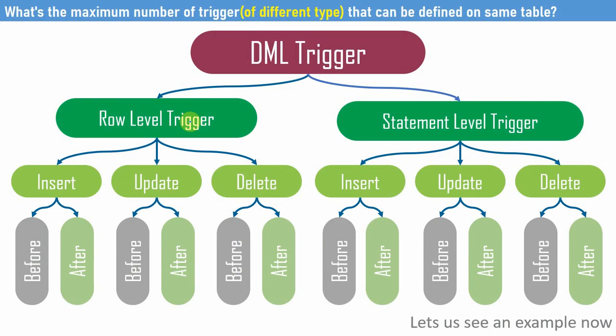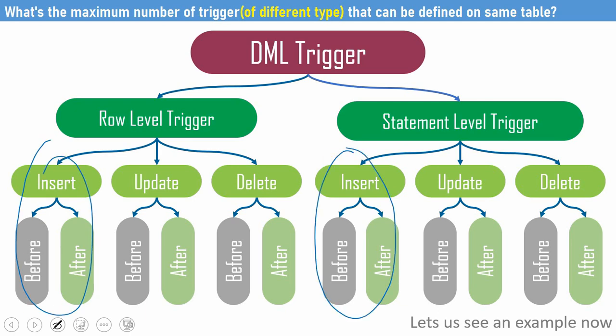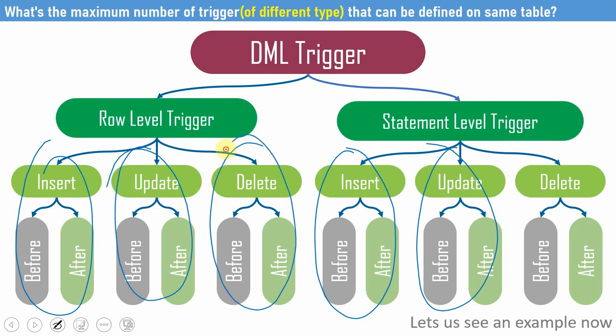Now let us understand the order in which these triggers will get fired. When we are doing a DML operation, only 4 of these triggers will get fired, not all 12. For example, when you are doing an insert operation, only the 4 insert related triggers will get fired. Similarly, when you are doing an update, only the update related triggers will get fired. Similarly, when you are doing a delete, only the delete related triggers will get fired. But when you are doing a merge statement, insert and update triggers may get fired. I will show you an example a bit later.